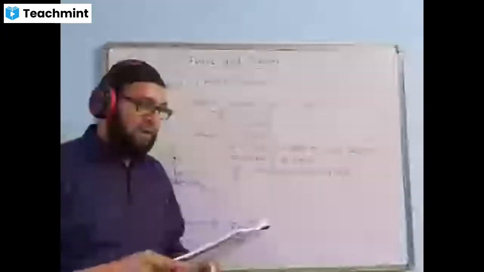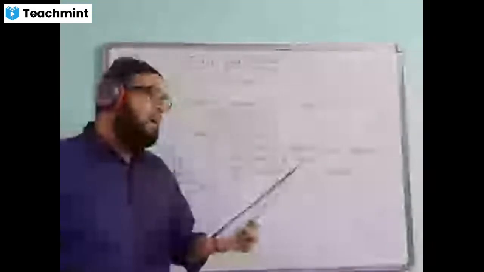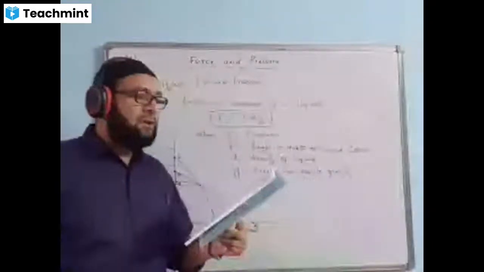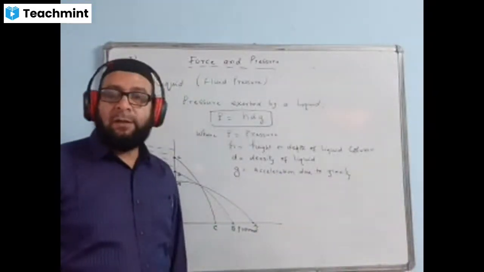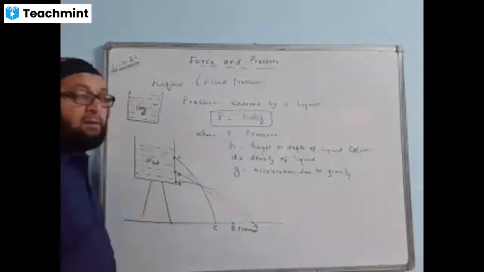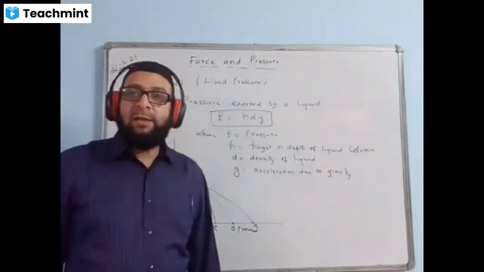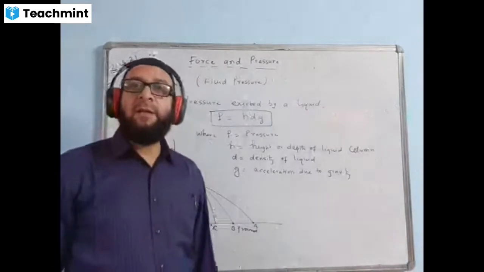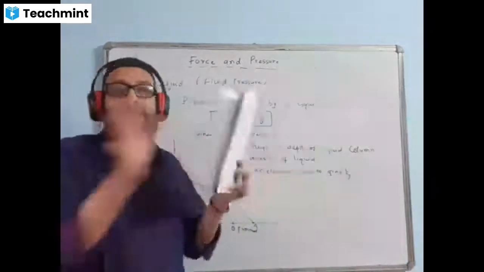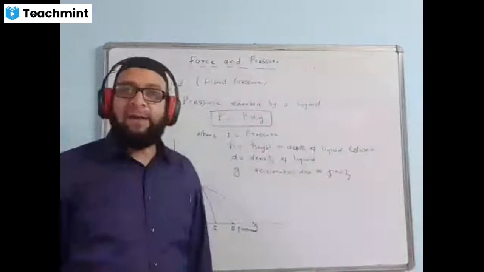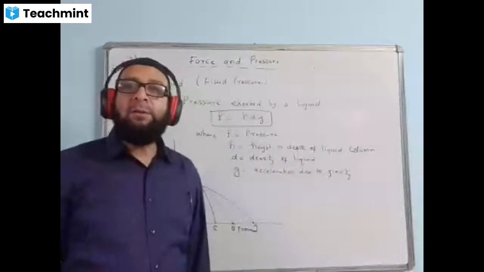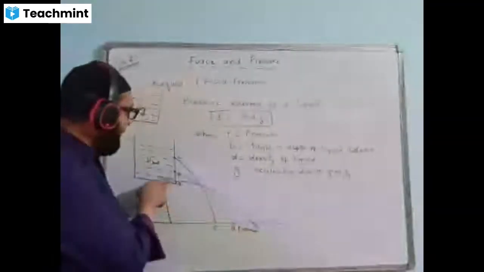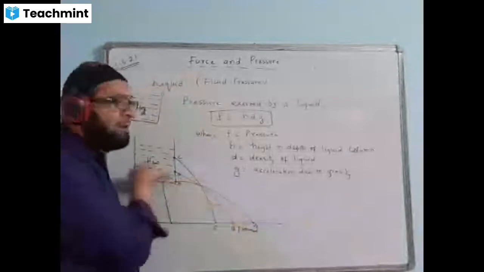Okay, second part, just see activity 4. A liquid also exerts pressure sideways on the wall of the container. It is not that the liquid exerts pressure only at the bottom. It will exert pressure even on the wall of the container, sidewise. What are the examples for it? When we make a hole here, what happens? Water comes out.